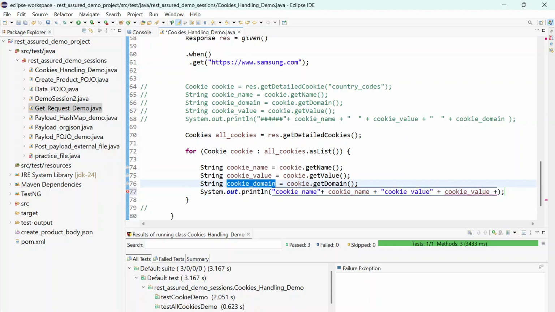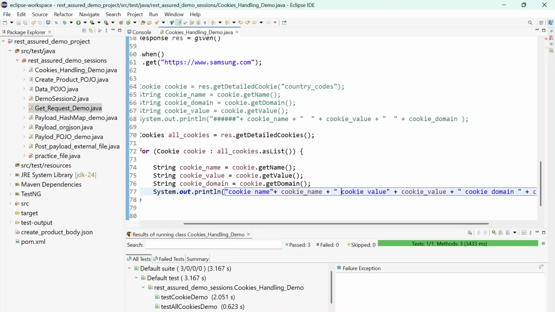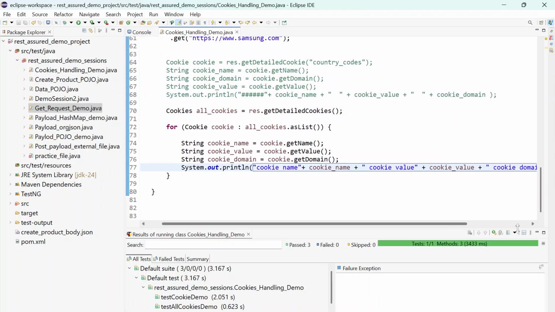So now we want to print cookie domain also, plus